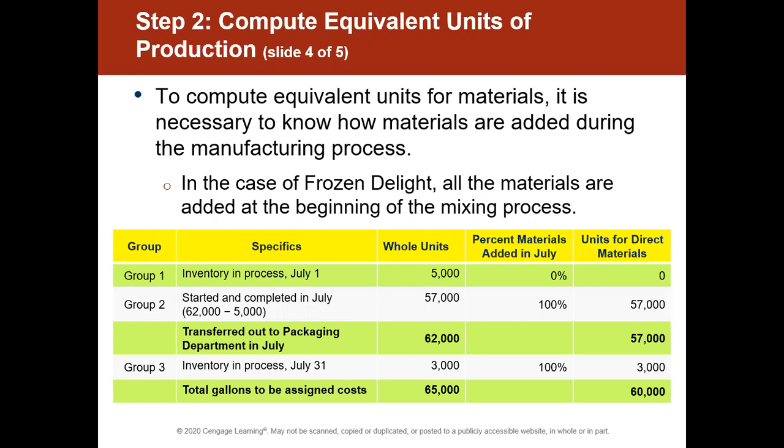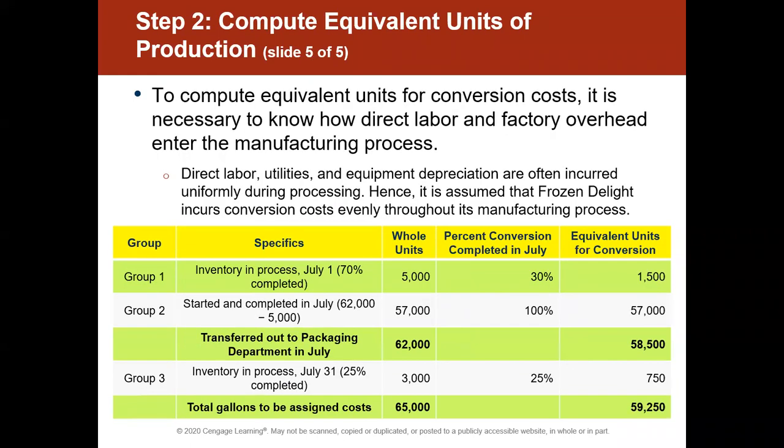Group one was stuff in process, started and transferred out, and then inventory in process. So we're just showing that the stuff that's in process on July 31st is 100% complete as it relates to the materials put into it. So we have 3,000 equivalent units relating to materials. But then for conversion costs, we also have to know how direct labor